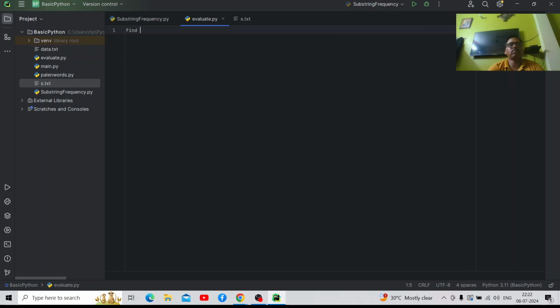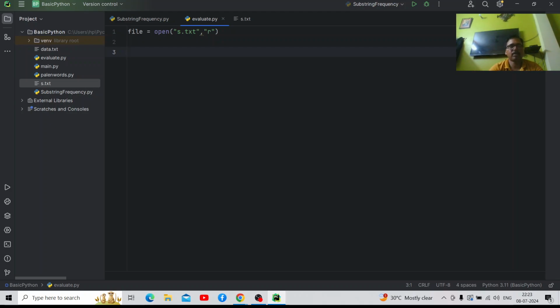So we can read the file and use the inbuilt function eval. Here we have a file, and I am just opening this file. The name of the file is this, and the mode is reading, right? And here you will read one line at a time.